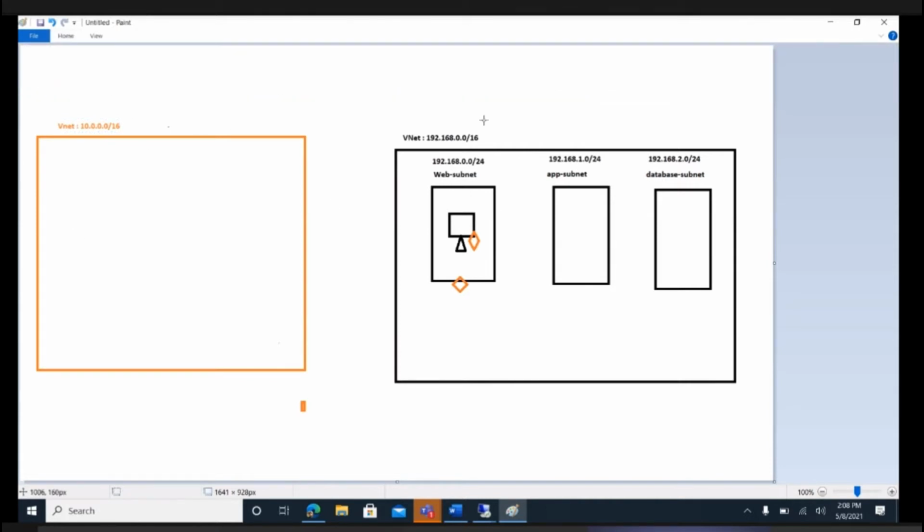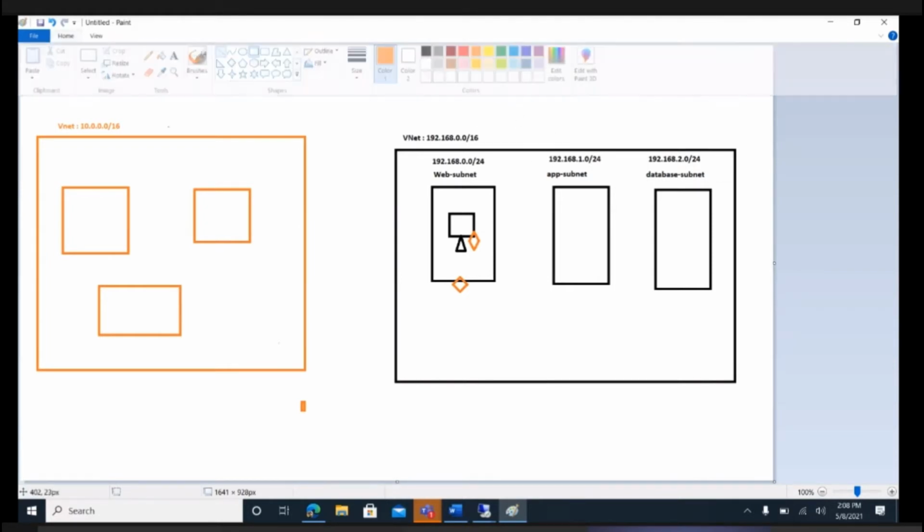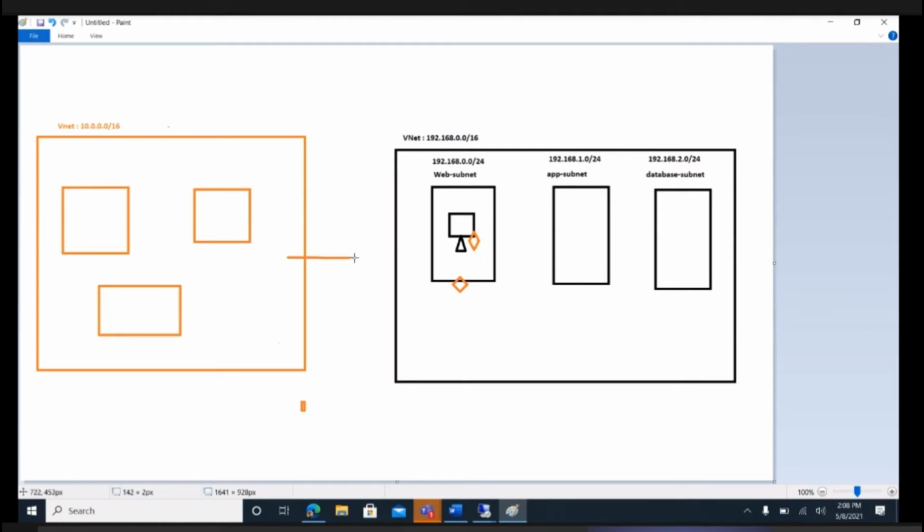Let's say this virtual network is having a 10.10.0.0/16 network, and let's say this is a testing environment and this is a development environment. I have some kind of subnet here, and due to some requirement, if you have a requirement like that, okay, my web server in the testing environment should be able to reach out or talk to the web server which is in the development VNet.